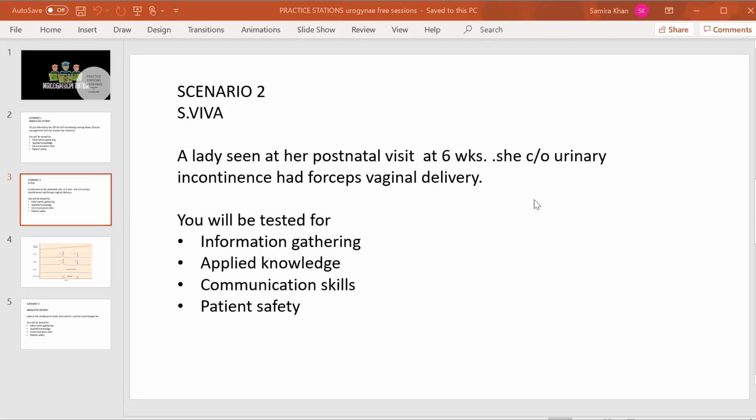Yes, it is possible that if she is having neurological detrusor overactivity, then she will have overflow incontinence. So she will have incontinence, but overflow incontinence. How will you know? You will know by doing urodynamics. And you are right, but it will come in the